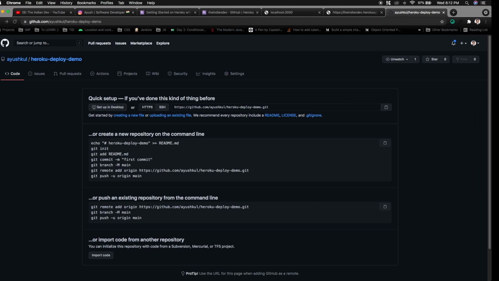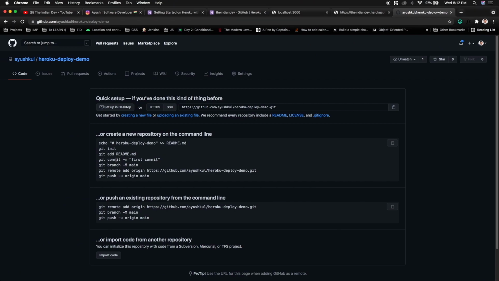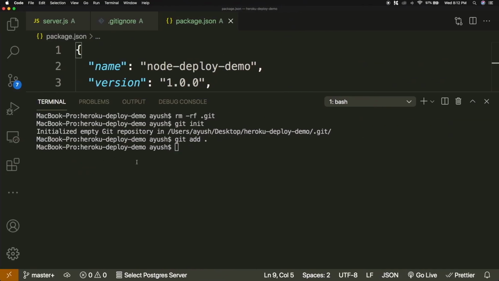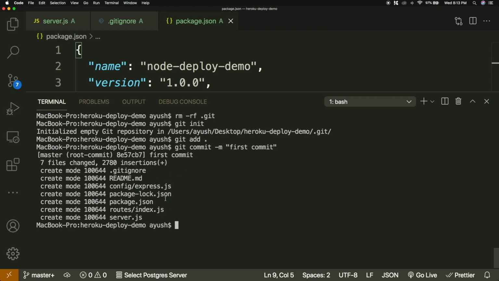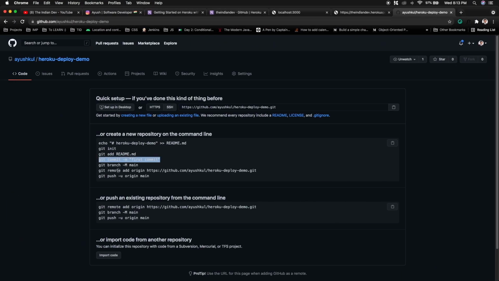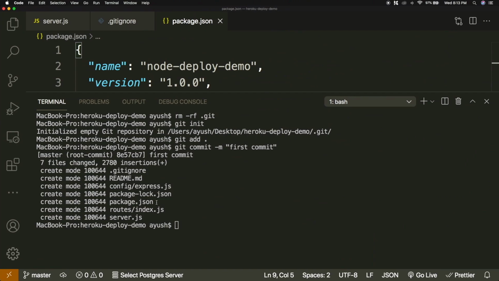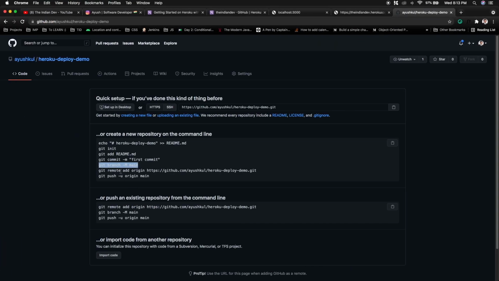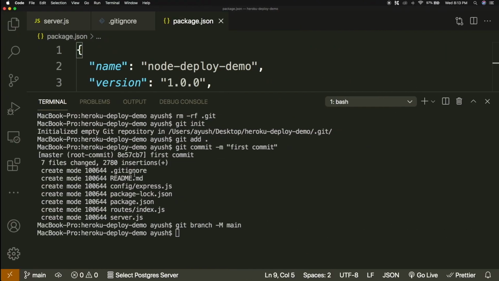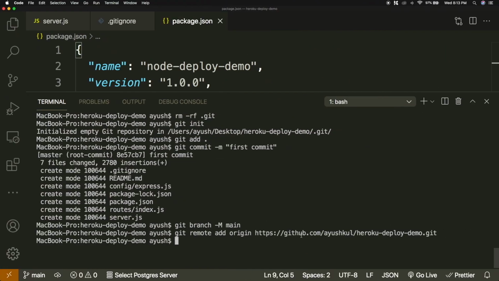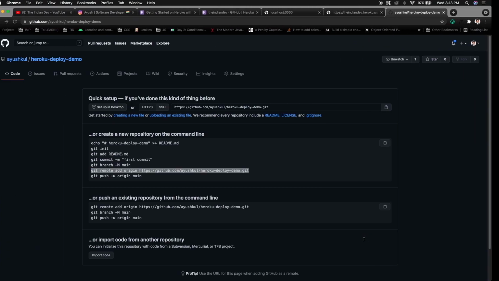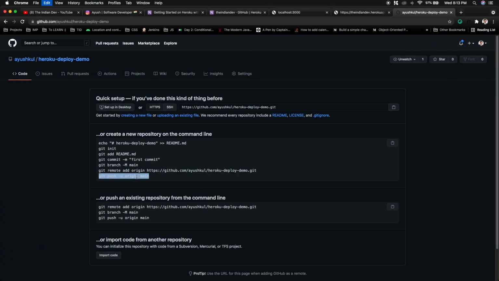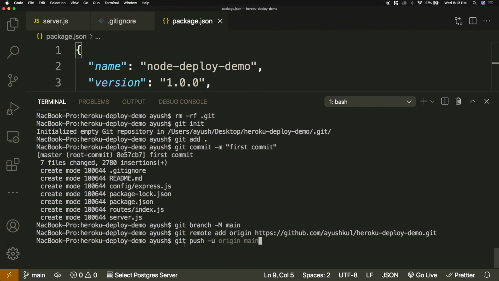This way we are adding all the files from the project, and git commit my first commit, that committed all the files. And I can follow all the steps, that is now switching to the branch. Now I can remotely add this repository that I created on my GitHub account. Now finally I can push my code to